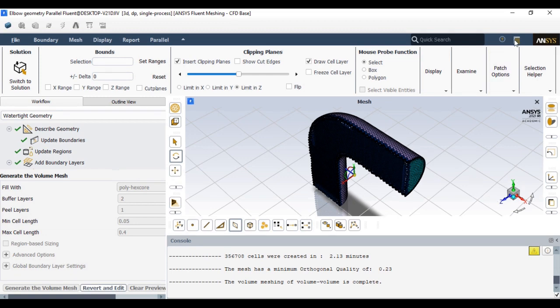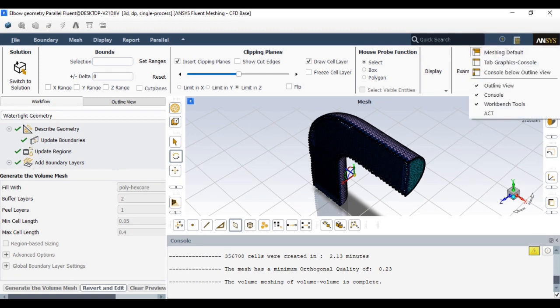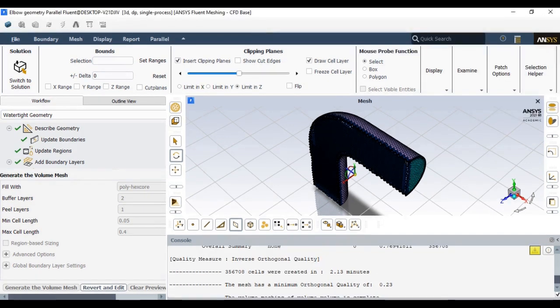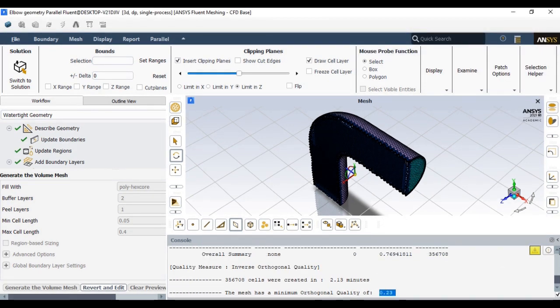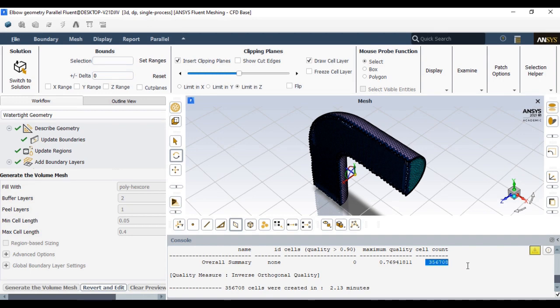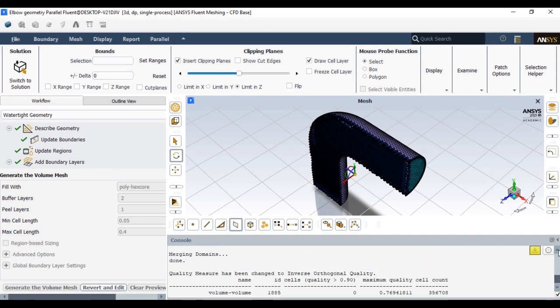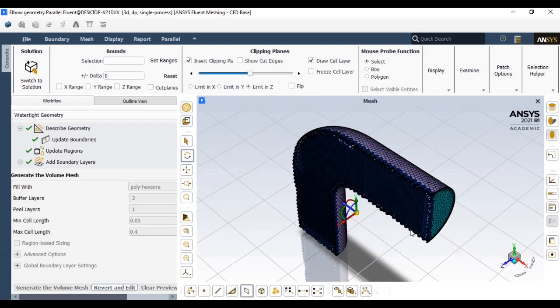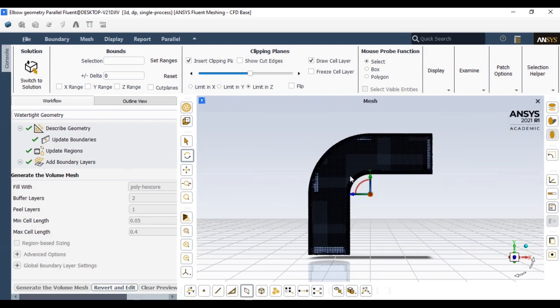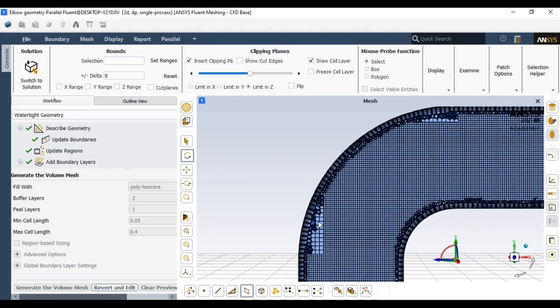Let me reduce the minimum cell length, and simply create this mesh again. So my minimum orthogonal quality has reduced to 0.23, and my mesh count is almost 356,000. Just see how good a quality mesh we can have.